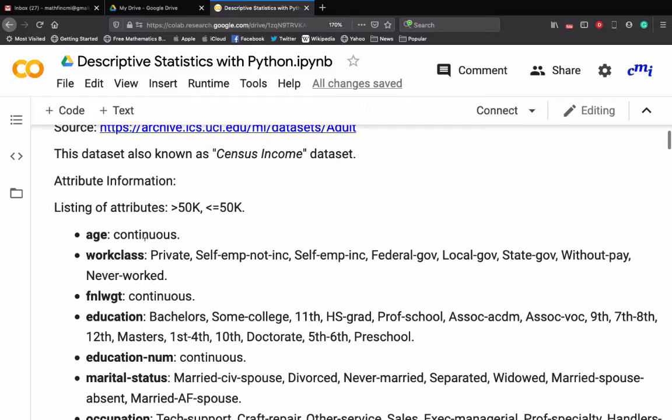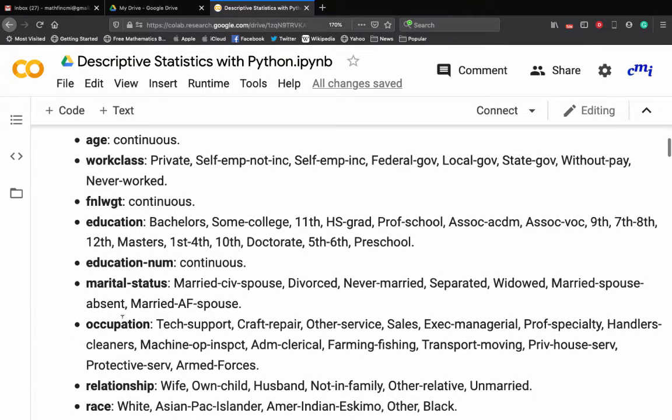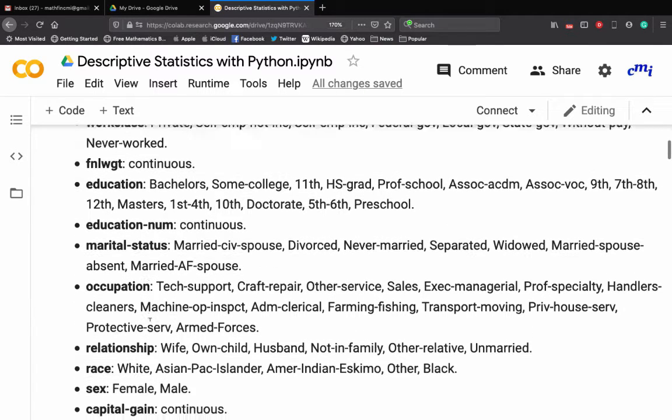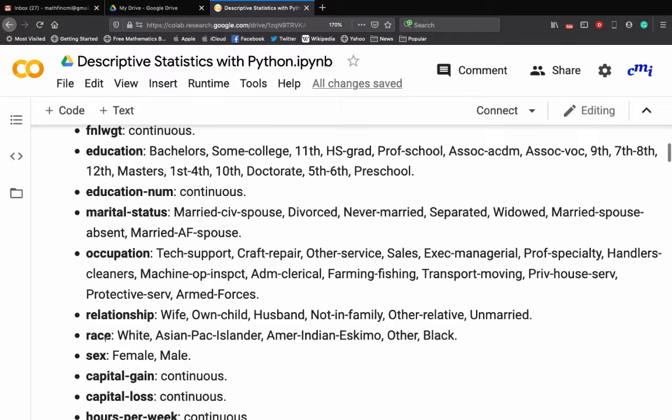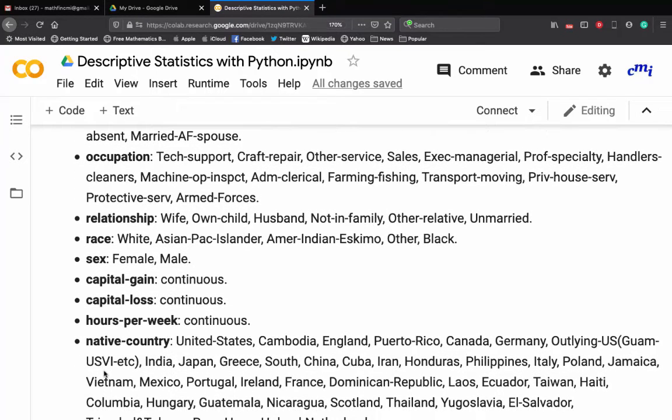The attribute information, or the column information that we have in the dataset, is age, which is a continuous variable; working class, whether the person is working in a private firm or is self-employed, working for the federal government or local government or state government; FNL weight; education number of years in the education; marital status; occupation; relationship; race; gender; capital gain; capital loss; hours per week;